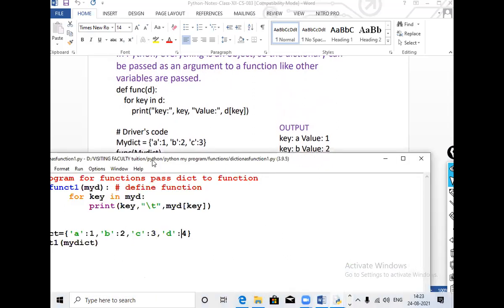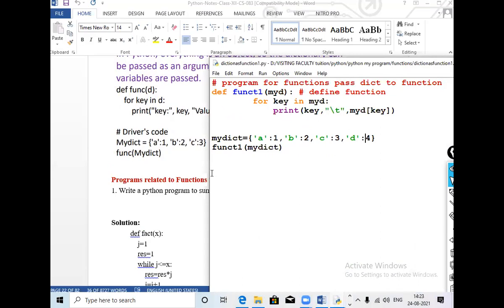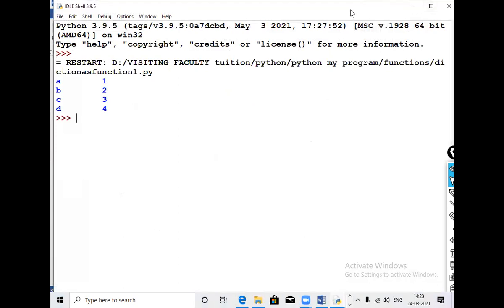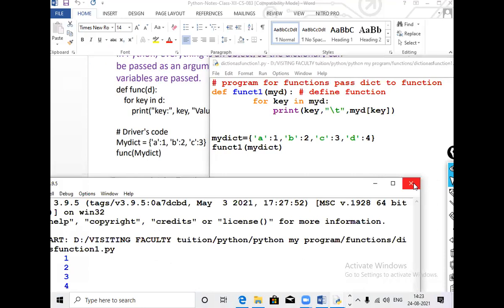How to do it? Actually, one thing was missing, the colon. Whenever we are using a dictionary, the colon should be there. We had not taken the colon previously. So I'll run it in this program. The concept is the same. Run. This will run. I hope the concept is clear. This was remaining from the last lecture.